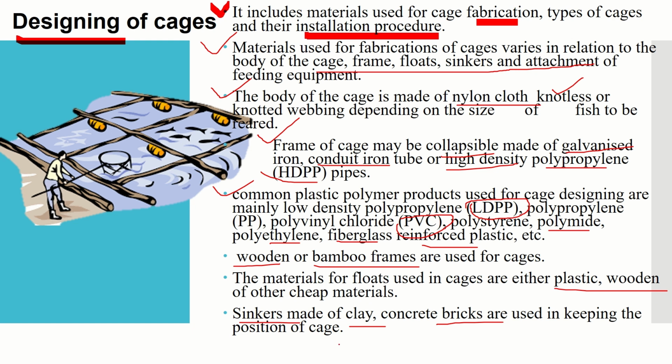So this is about some points of cage culture, and the remaining points are which different types of fish species are used, what is the stocking density, which type of feed is given to the fish cultured in the cage, fish production, harvesting period, how the harvesting takes place, then advantages of the fish culture and limitations of the fish culture. All these points will be discussed in the second part of this video on cage culture.